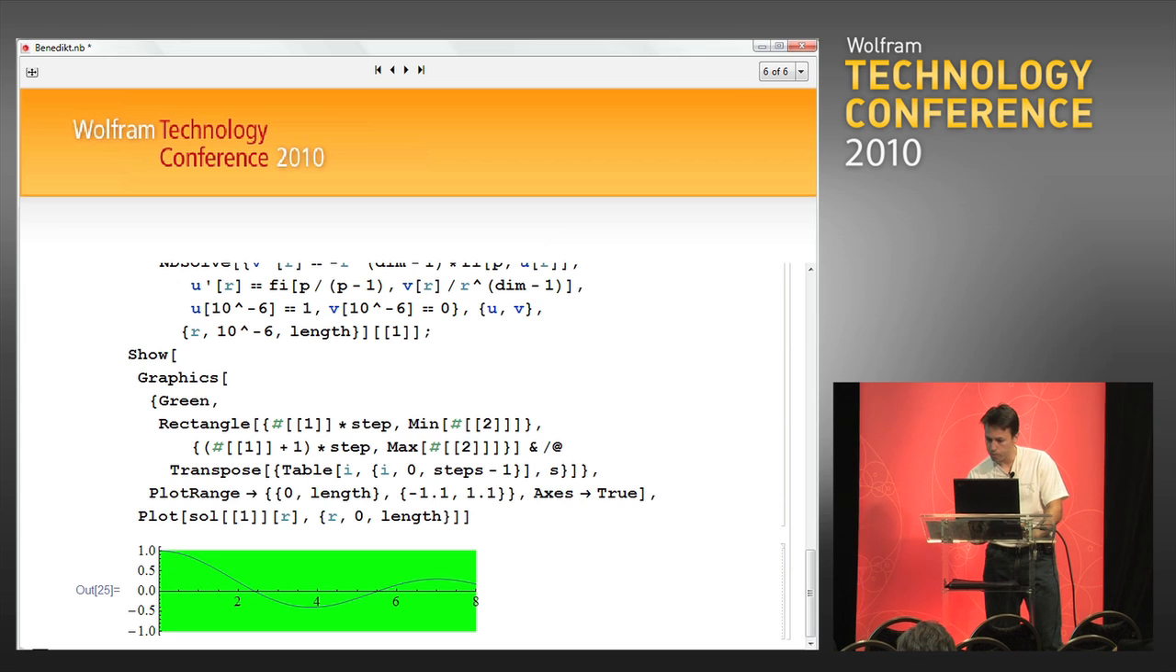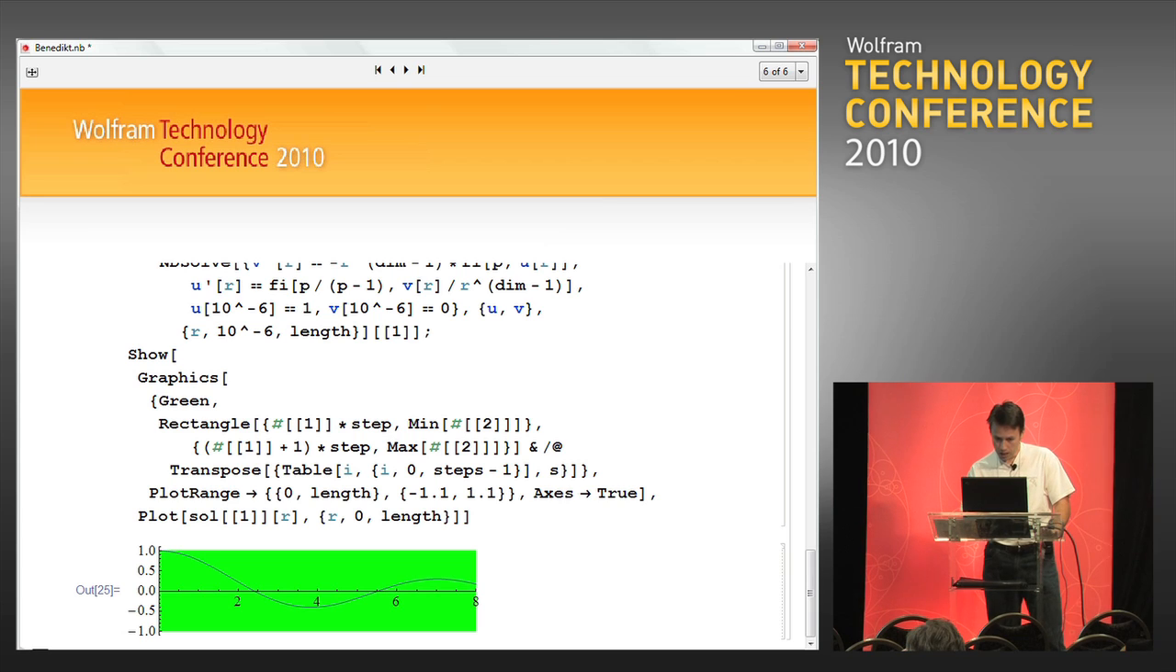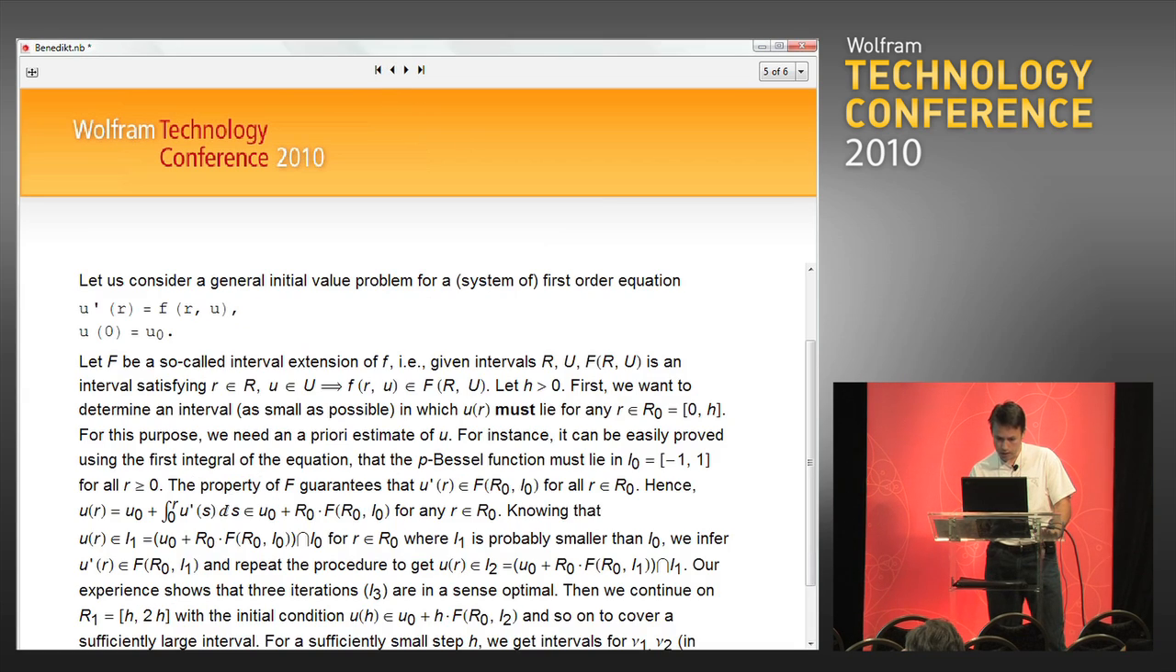So this is for p equal to 2. This is the classical Bessel function. So the Bessel function always lies between -1 and 1. This can be proved easily even for the p-Bessel functions. And what we do next is that we take this a priori estimate,